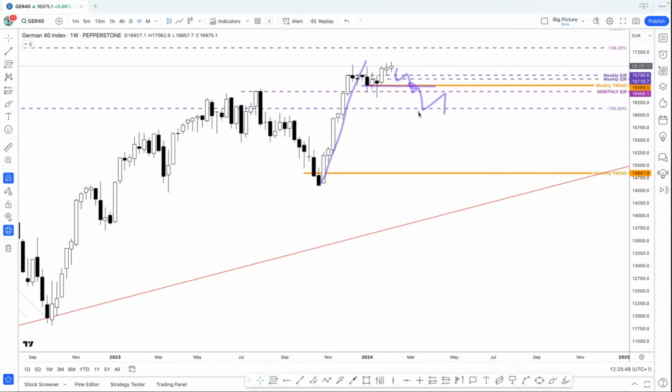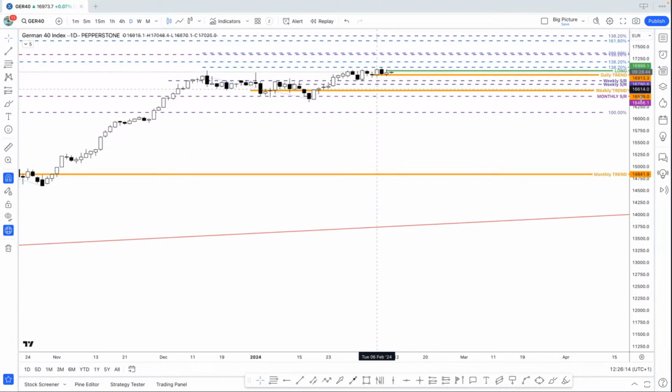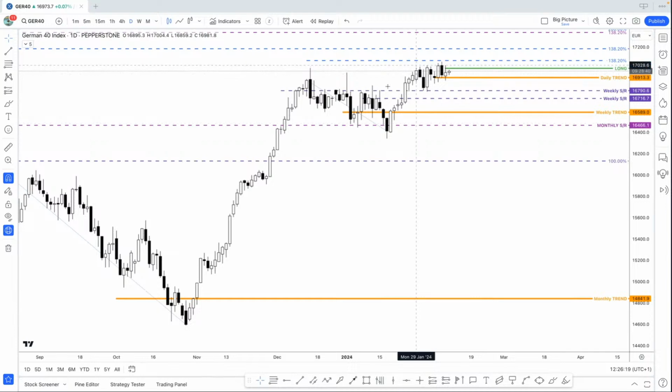Okay, so in this case, we can visit some places like this. And we have some here on the daily that has never been tested, but it's not there yet. So this is the border of the weekly long trend that is heading towards this monthly target and this weekly target over here. If we take a look at the daily, we can see that on the daily we have